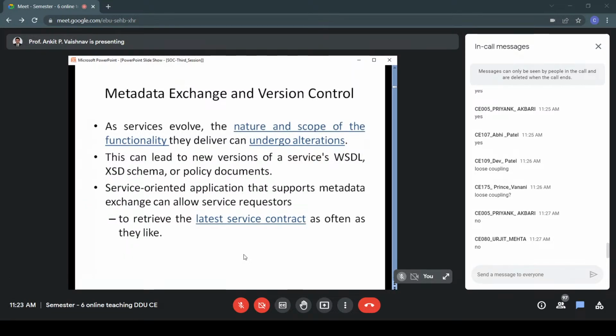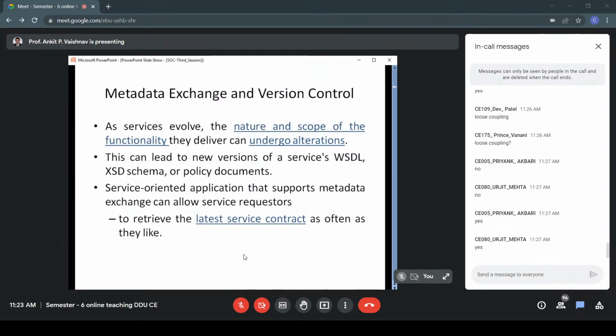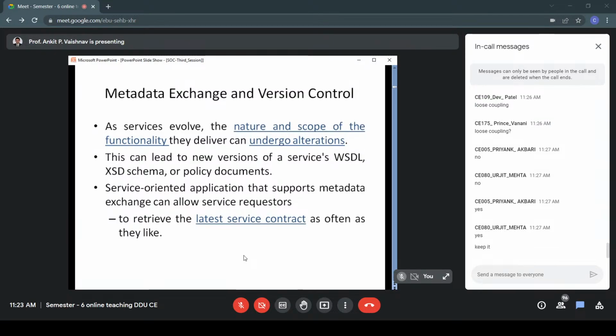They want some changes, and as soon as you make changes, your metadata will change. So the question that remains is, should we maintain the previous versions of metadata as well, or should we throw them away? What do you think? Should we maintain?